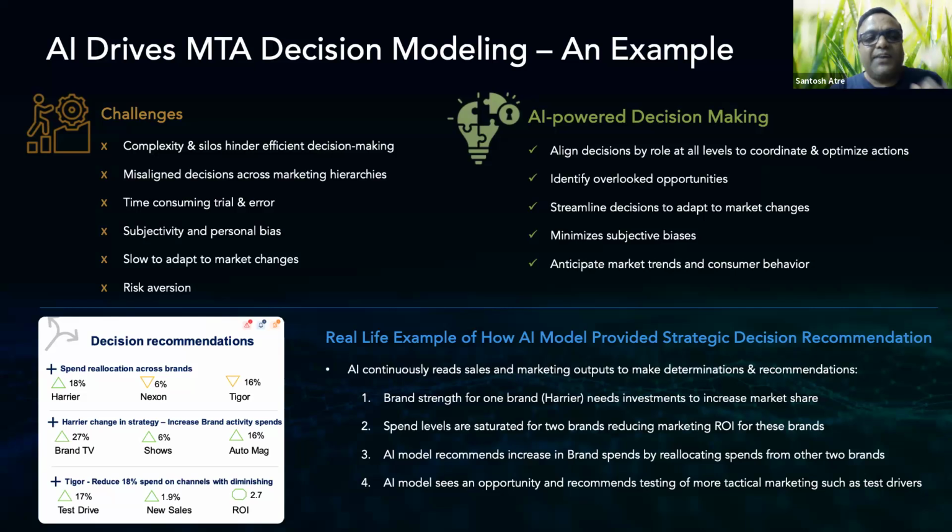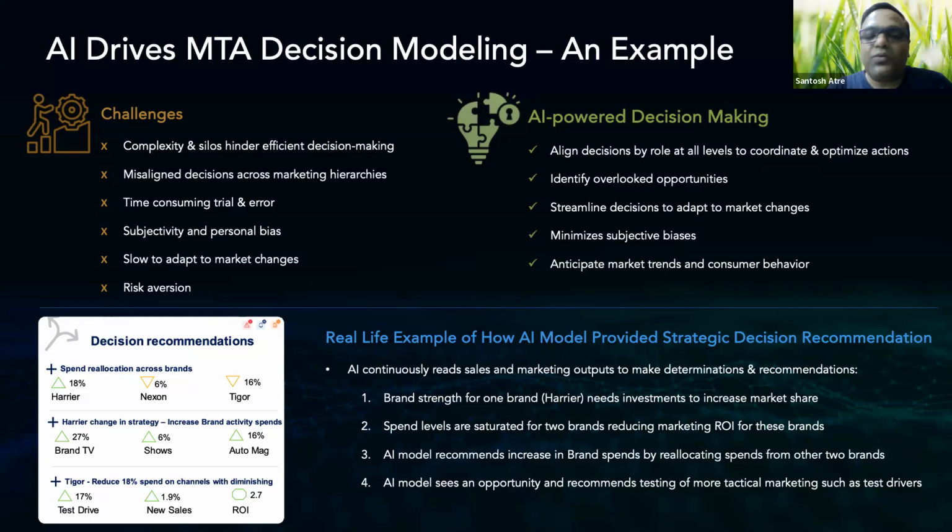Okay. So what we're trying to achieve by using AI in decision modeling is, one, integrate decision making across all hierarchies, so there is no misalignment. So if I'm making a campaign optimization decision today, I should have the ability to easily check if that is affecting other campaigns that are already in flight or will be in flight. How does it affect the channel performance, other channel performances, and how does it tie in with my brand strategy and overall marketing strategies?